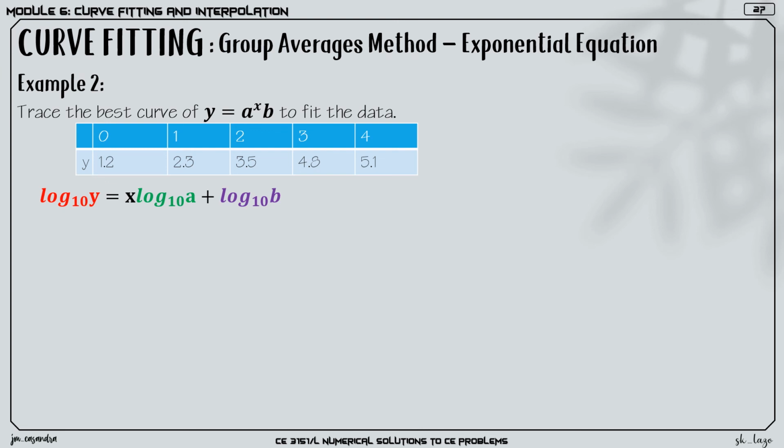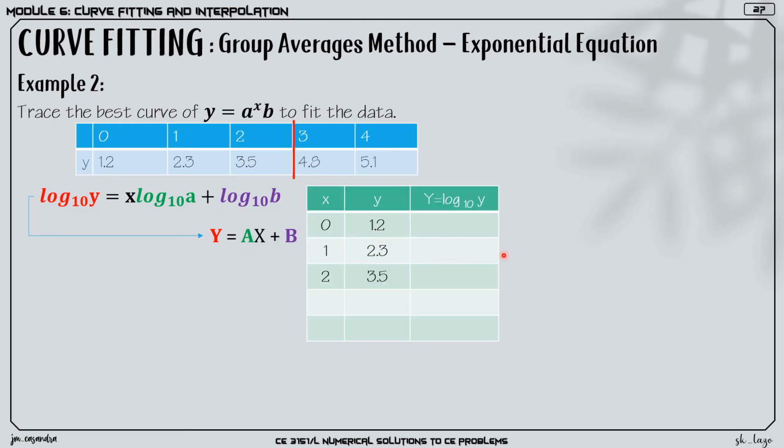Again, same as the first problem, we have a simplified equation of the exponential equation as log y equals x times log a plus log b, which is representative of the equation of a line. From here, we divide our given points into two. For the first half, we have the first three points with modified y equal to log of y, which will give us